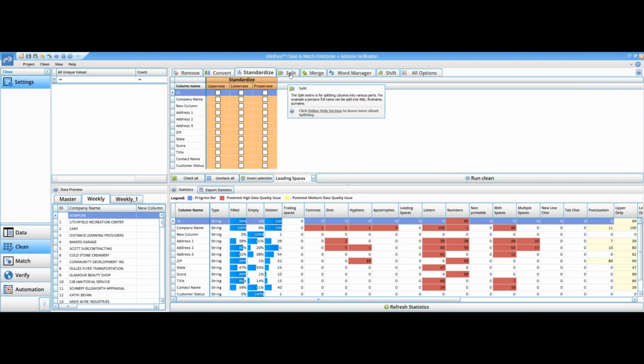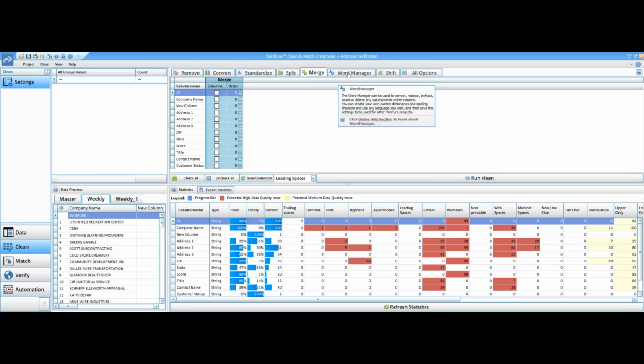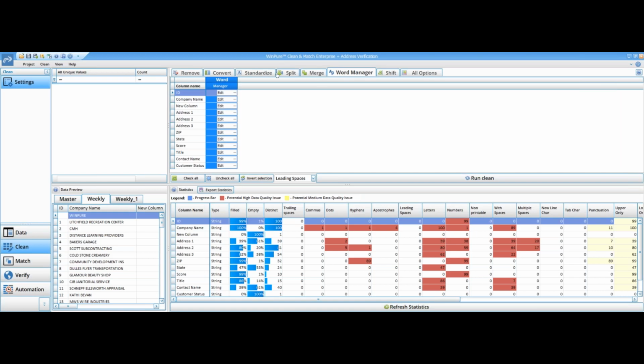There's ways to convert data, standardize, split, merge. There's a word manager. We work with templates as well. The project is a template. All of this can be saved as a template. So, you know, it's very point and click. It's easy to use, but even above and beyond that, we have some different ways that we can help you